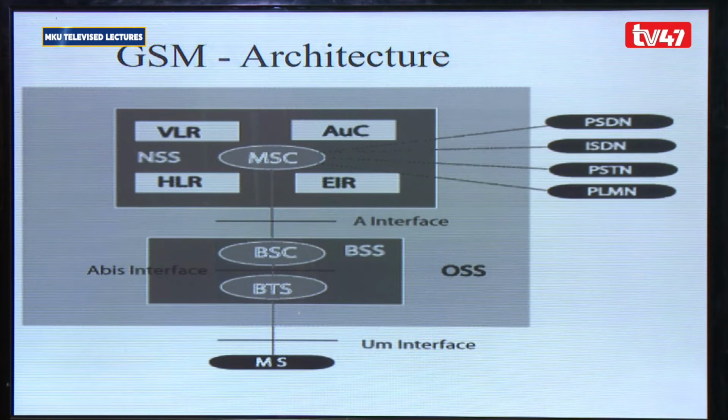This is the pictorial view of the architecture. You can see we have the PSDN, we have the ISDN, PSTN, PLMN, and the OSS. You can see we have different interfaces. We have the A interface, we have the Um interface, right? So we can proceed